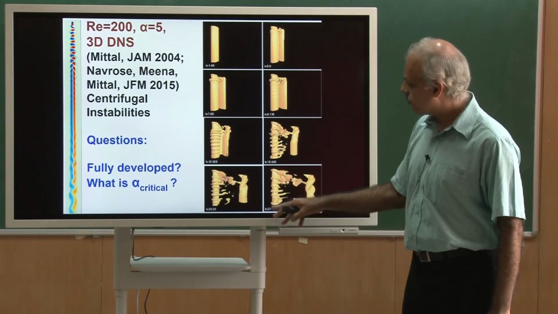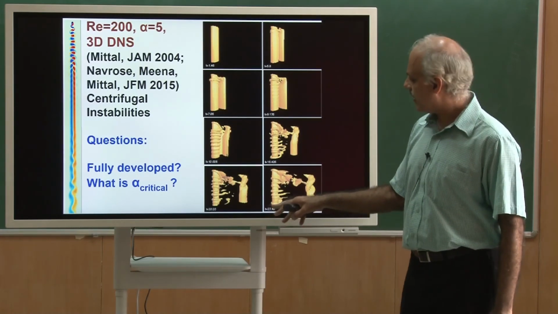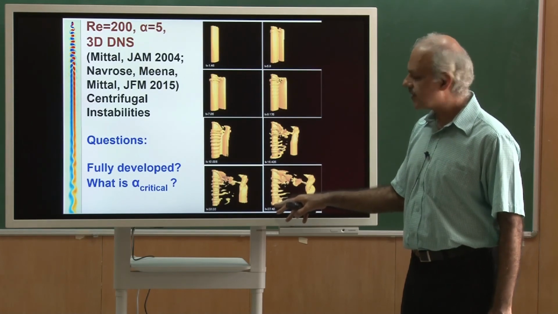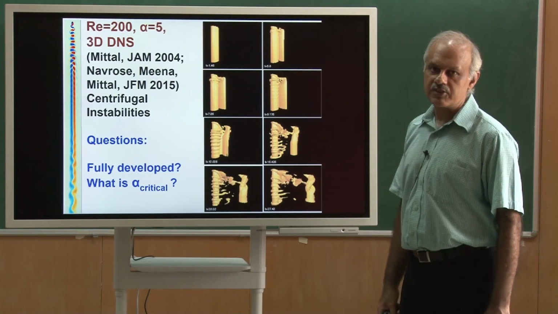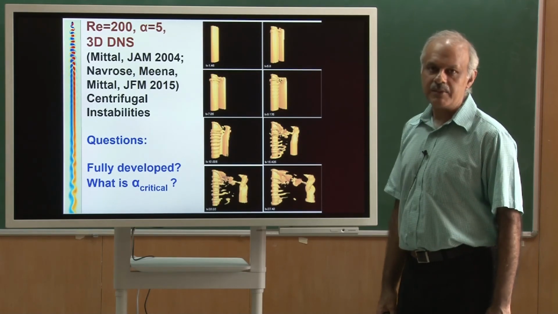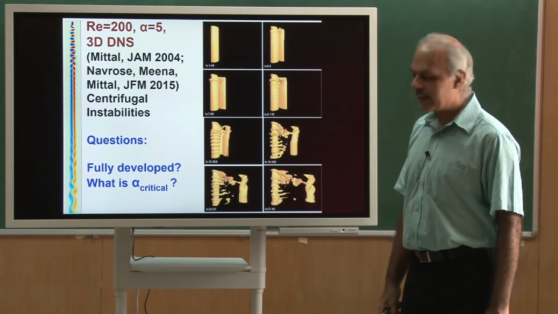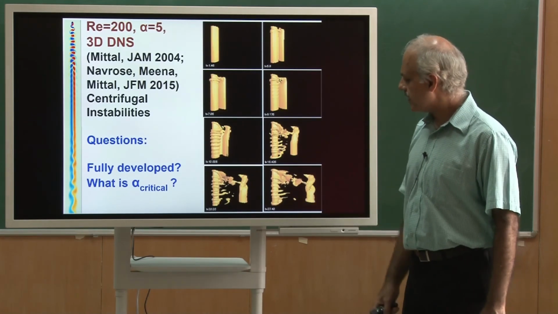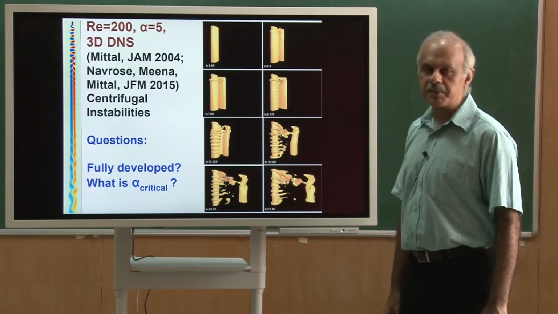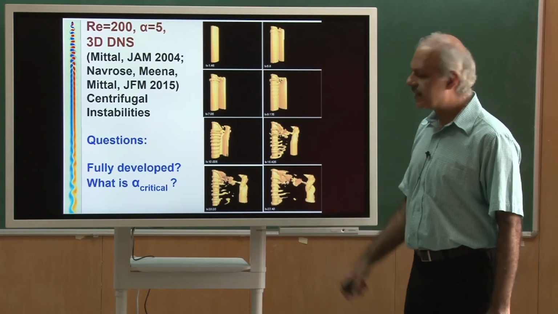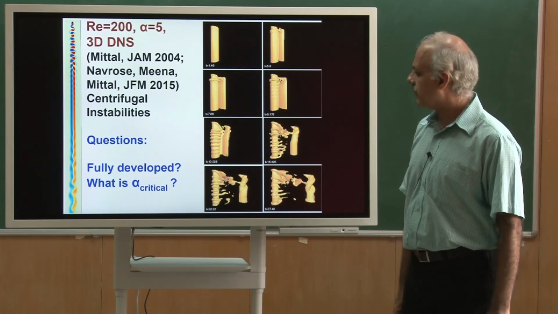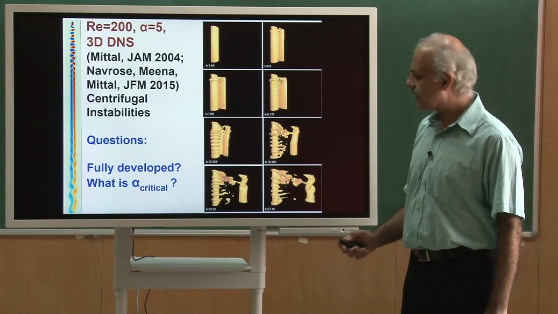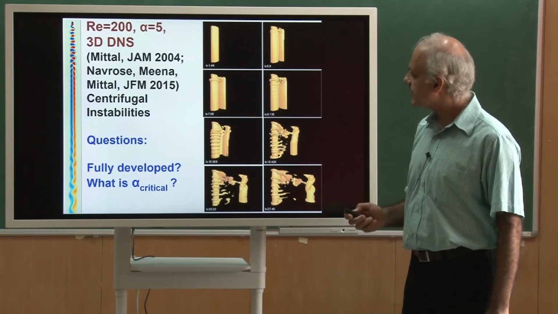This simulation is at 27 eddy turnover time. That means if my convection speed is u, the free stream speed is u, the diameter is d, then I can come up with a non-dimensional time using the free stream speed and the diameter, and it is 27 non-dimensional time units. What happens if I run it longer? Okay, will the flow come back to being steady or something else?